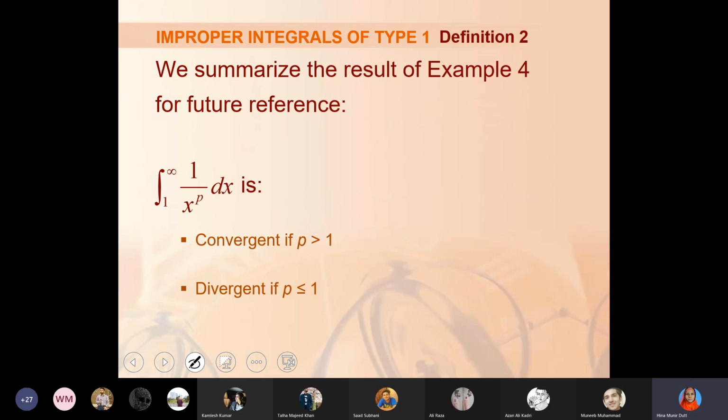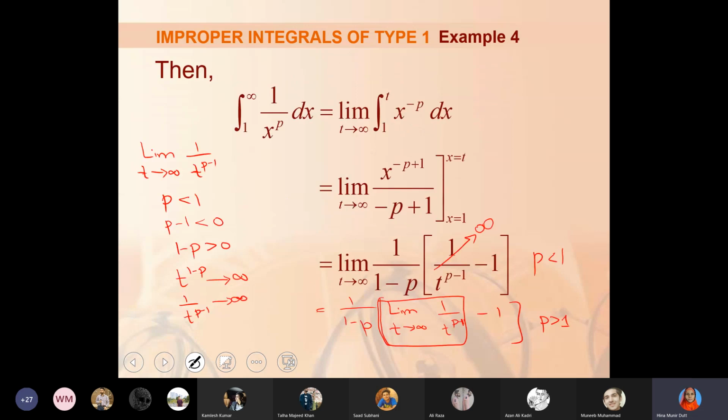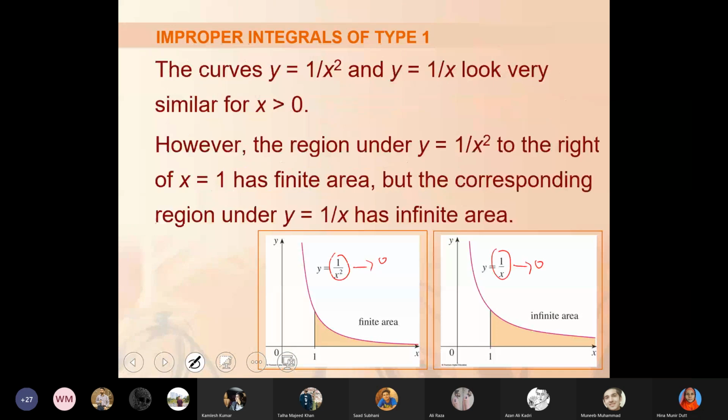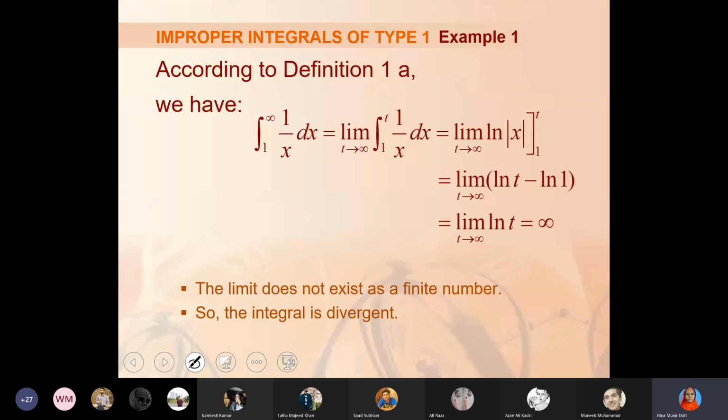So it means we can summarize the result. That is the integral 1 over x^p from 1 to infinity is convergent if p is greater than 1 and divergent if p is less than equal to 1. ओके तो ये आपके पास आंसर है। ये एग्जांपल आपकी बार बार आगे यूज होगी, तो इसमें आपने ये जो आपका कंप्लीट तभी होगा जब आपने इसके साथ p इज इक्वल टू 1 वाली एग्जांपल भी साथ लिखनी है। ये एग्जांपल भी आपने साथ इसके करेंगे तो ही आपका ये कंप्लीट होगा, ये वाला। p इज इक्वल टू 1 के लिए अलग से शो करेंगे, ठीक है।